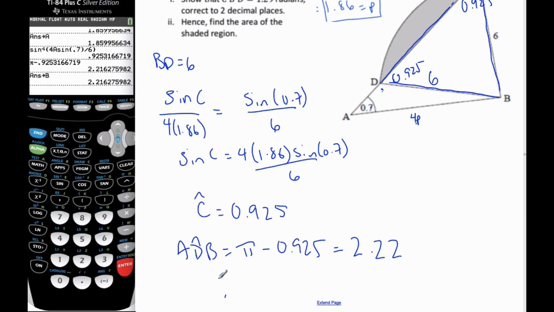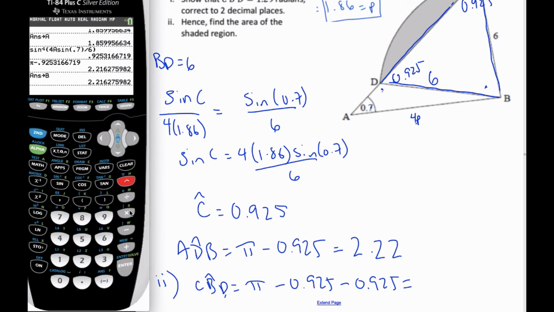So part 2 says CBD will be pi minus 0.925 minus 0.925. From here will give me this angle here. And so if I go pi minus alpha A, because I put it in A, minus it again,